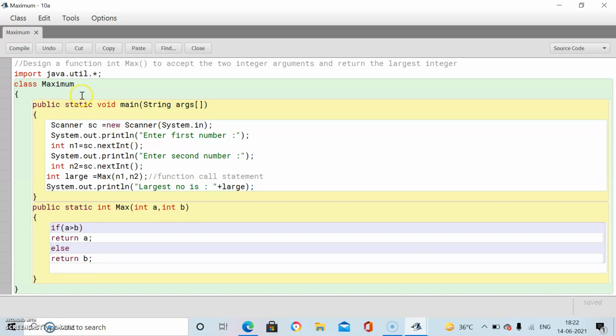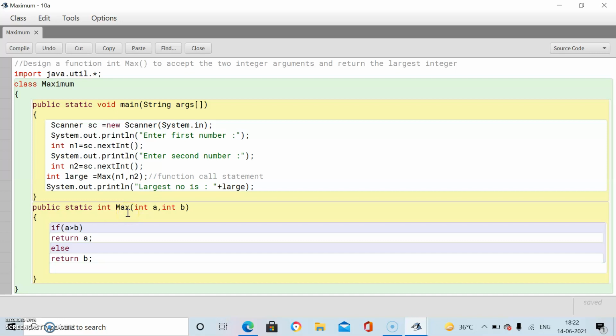So firstly, we have defined the class, then this line will get executed. This function we will run. So when we run the main function, this line will get executed first. There will be sequential execution of statements. Okay. Then this statement will get executed. Then this statement will get executed. Then this statement will get executed. The control comes here.